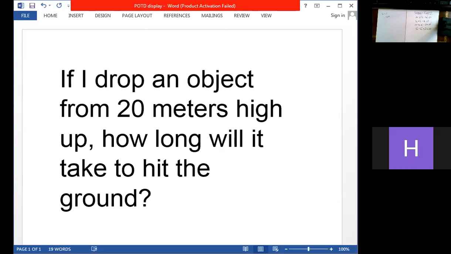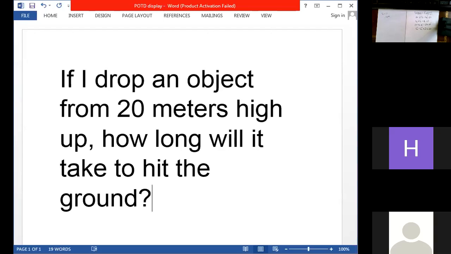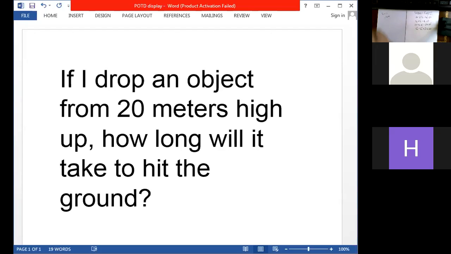Which quantity is the 20 meters, anybody? Displacement. Displacement, perfect, right? That's how far it's going to fall. So that's our delta x. Really, I'll use delta y today because we're talking about a falling object, right? Up, down motion, not left, right. Okay, so we've got our initial velocity is 0, our displacement of 20 meters, and there is one more given